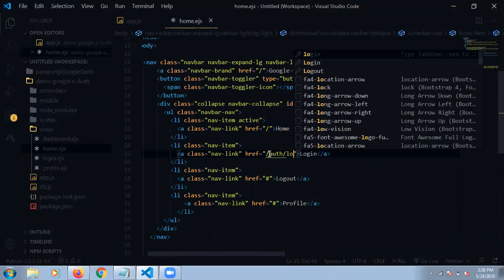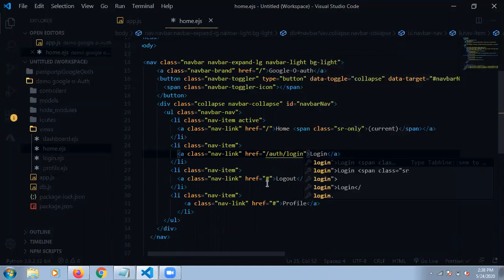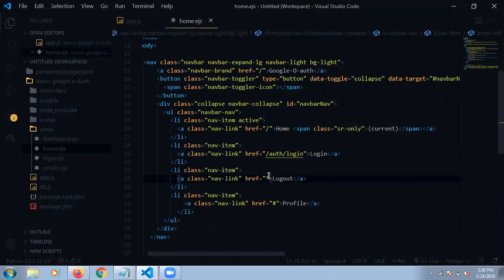This is the login button, so auth slash login, and this is also the authentication part only. So here we have given auth slash. Why is it given auth? I will explain after. Okay.